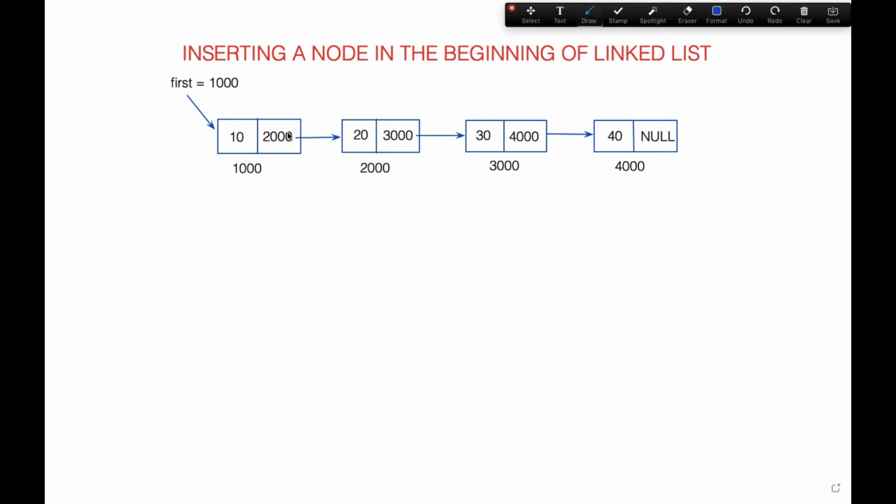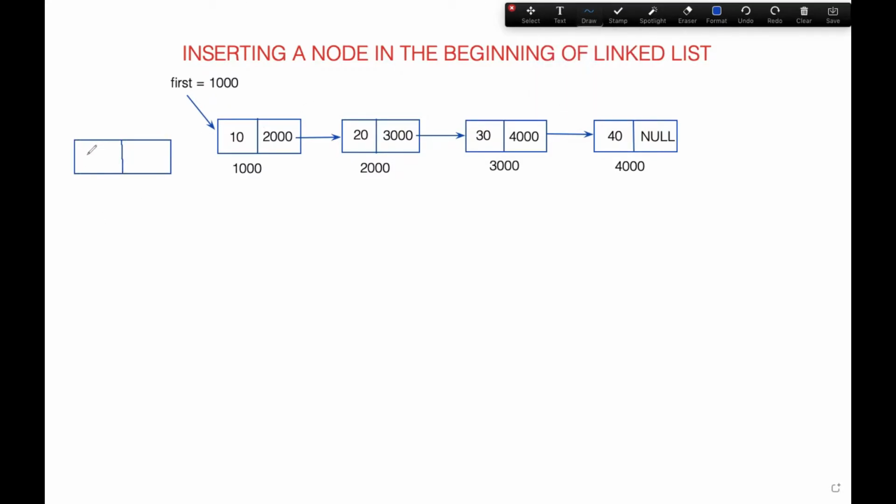Considering the first case, when the linked list is not empty, it is having some nodes. Like here, it is having 4 nodes, and the first pointer is storing the address as usual, as we have seen in the first two videos. So we should think of how we can insert a new node at the beginning of the linked list. Firstly, we should have a node that we should insert at the beginning of the linked list. For example, we are having a node,